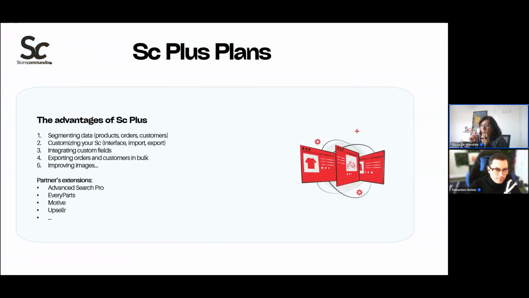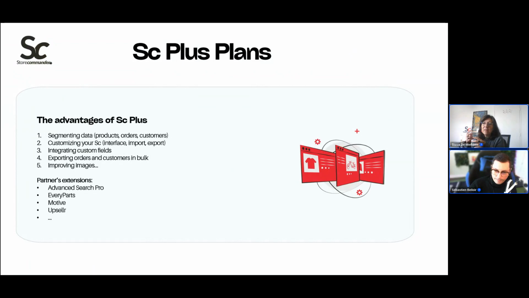We do have 2 types of subscription plans. We have the basic Store Commander, which is catalog, orders, and customers. But since we've been working with PrestaShop for over 15 years, we've had time to develop a lot of other things that we have included in your Store Commander, and they will be included in the Plus plans.